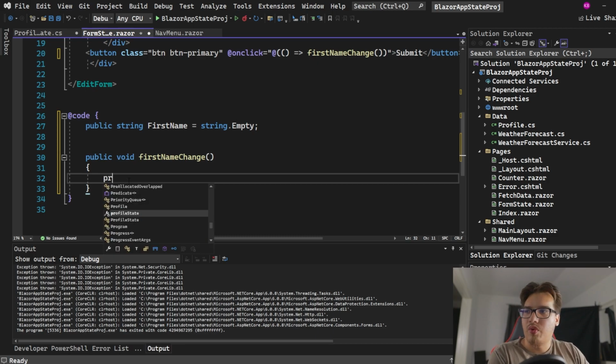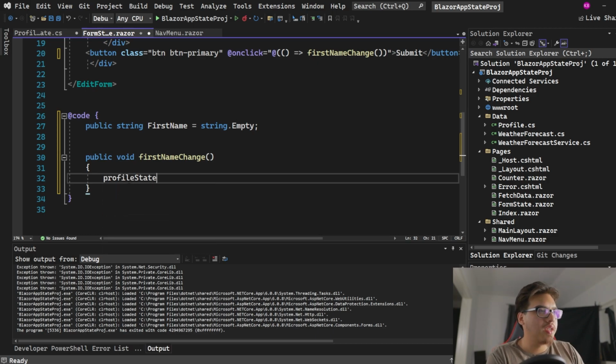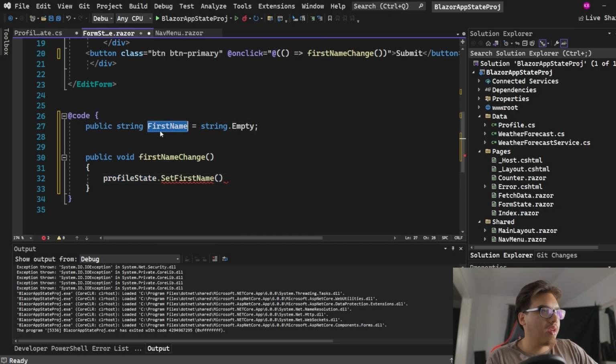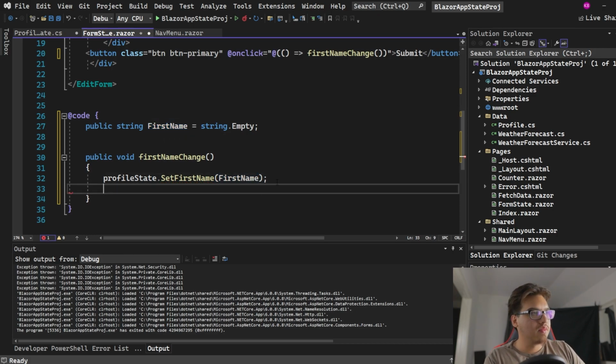So, profile state. We want to get the set first name function. Take this, and we will set the first name equal to whatever